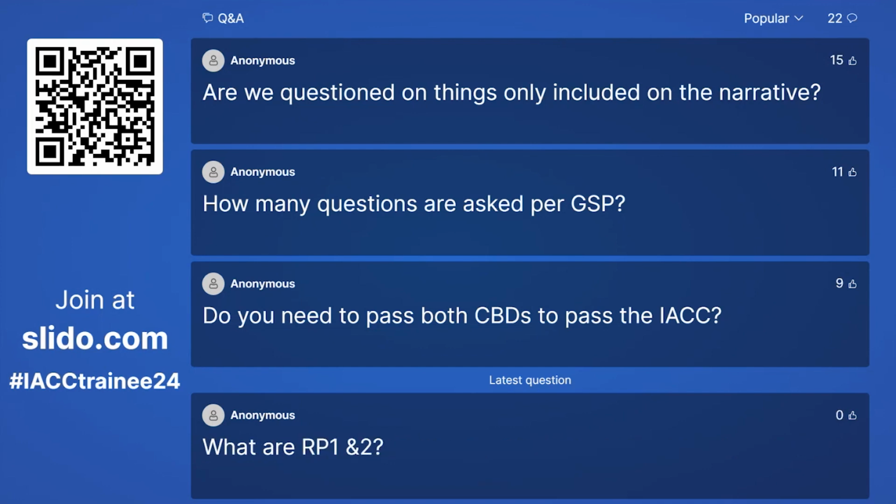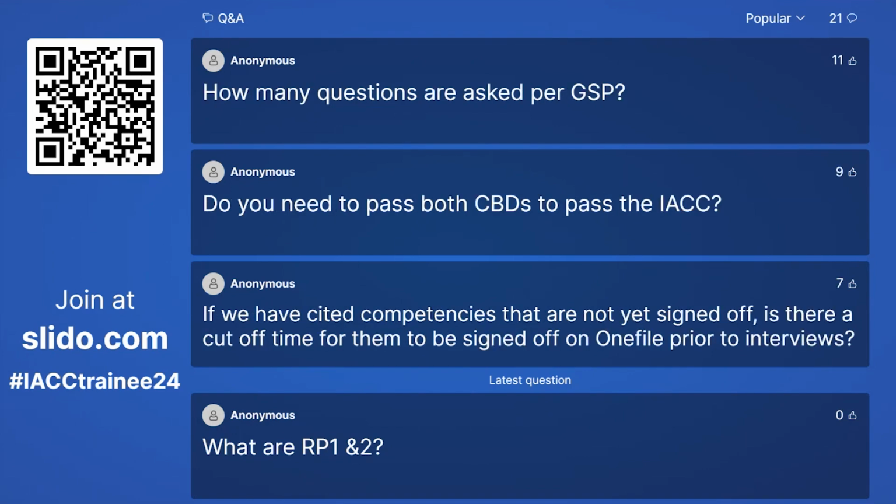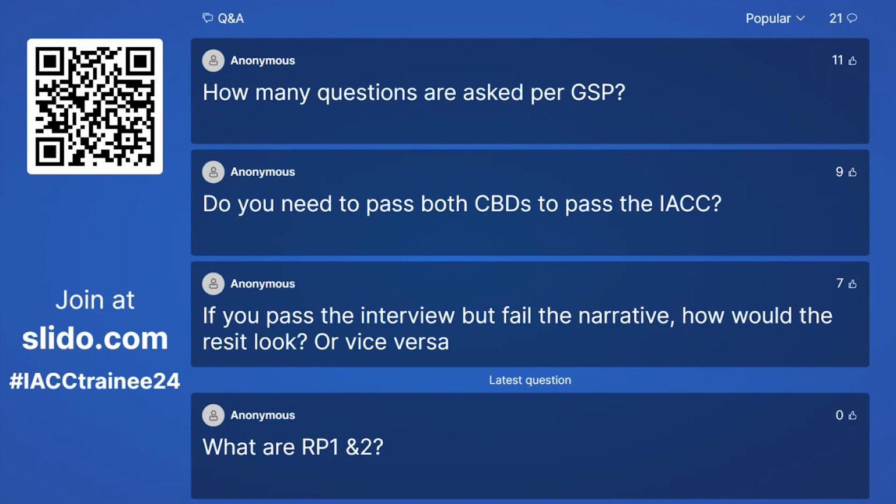Okay, so are we questioned on things only included on the narrative? I would say the narrative is there to guide the panel on how to direct the questioning, so it is based around the content of your narrative. What you may find is that they may question you about a competency that you've not had the opportunity to experience, that has not been part of your STP program journey.